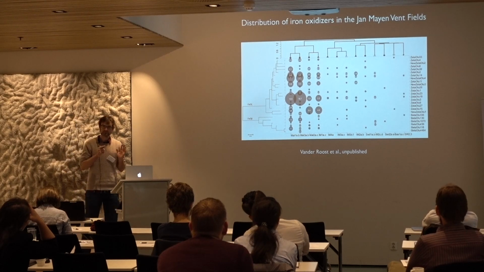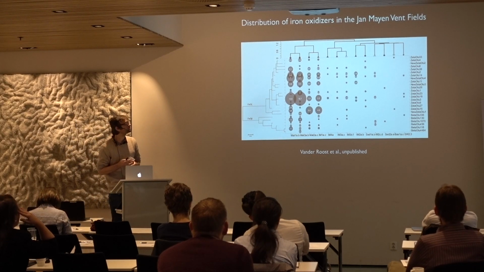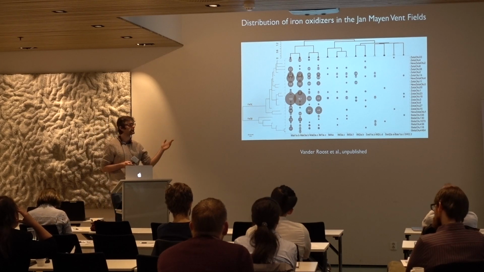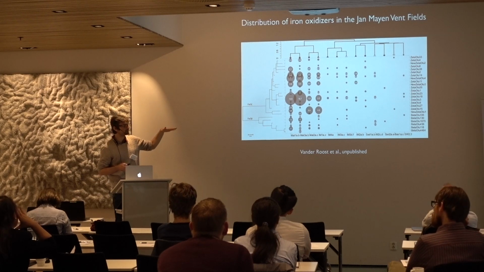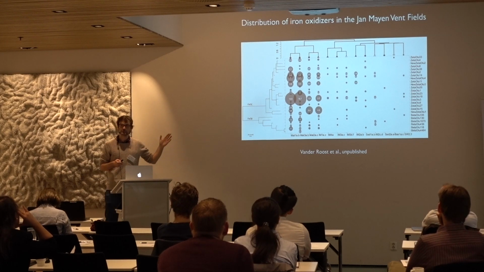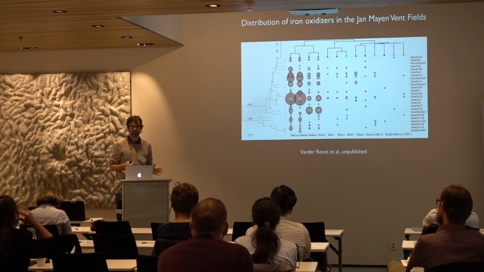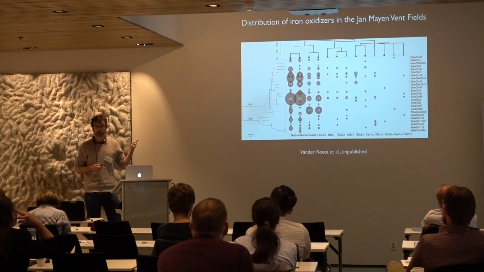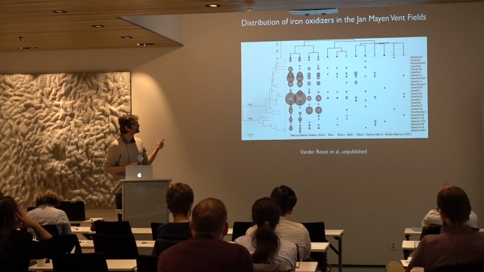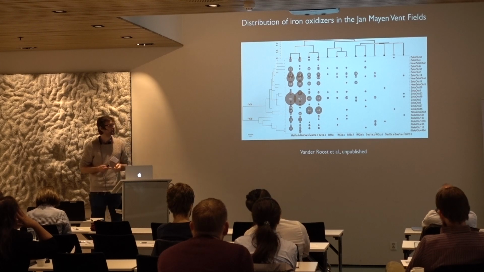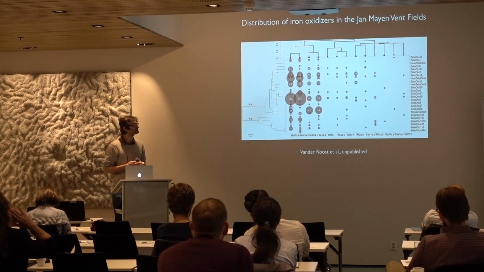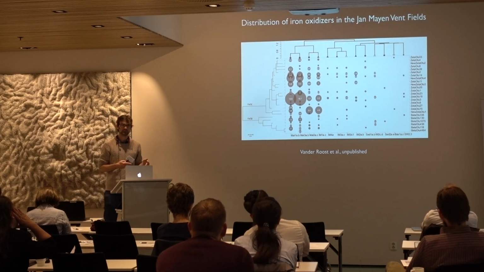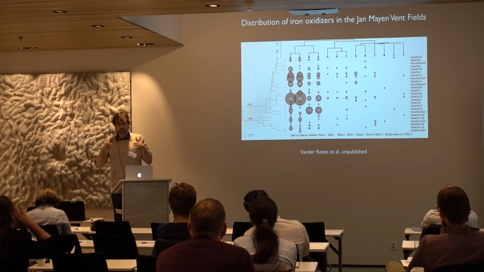So far I've been talking about these areas where we have high temperature fluids mixing. When it comes to iron oxidizers, the picture is different. They are present in more low temperature environments. What this study shows is that they are really widely distributed in the fields investigated here. They're present in some microbial mats that are really dominated by iron oxidizers, but they're also widespread in sediments, in iron mounds. So there doesn't seem to be any restrictions regarding whether they have potential to be in an environment,